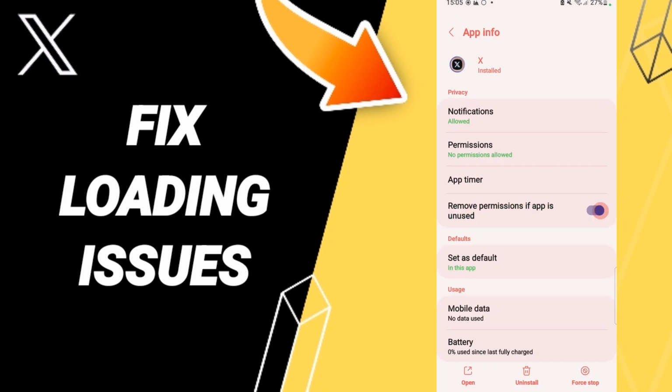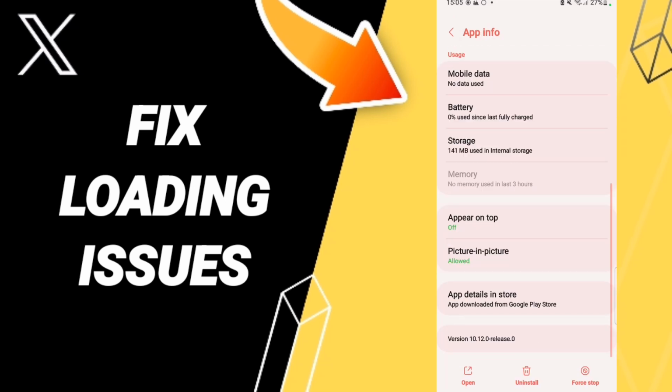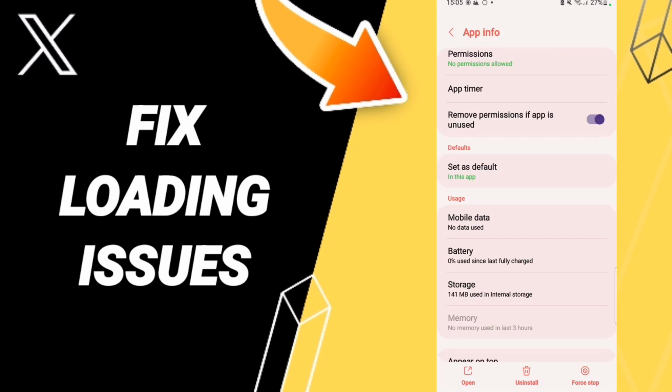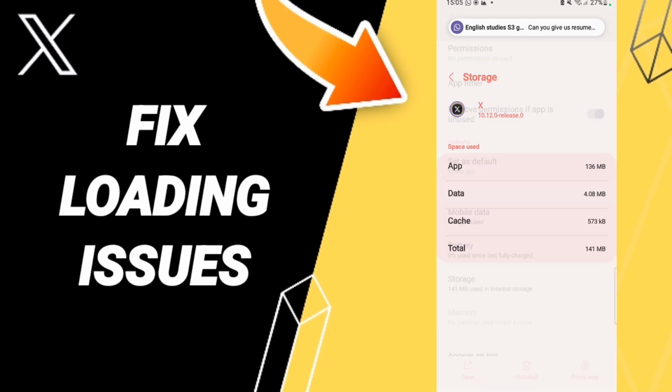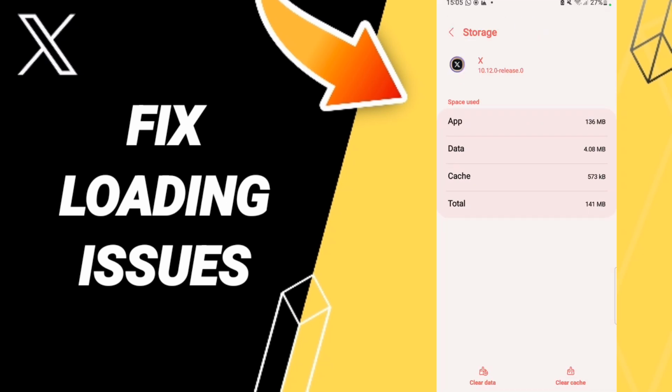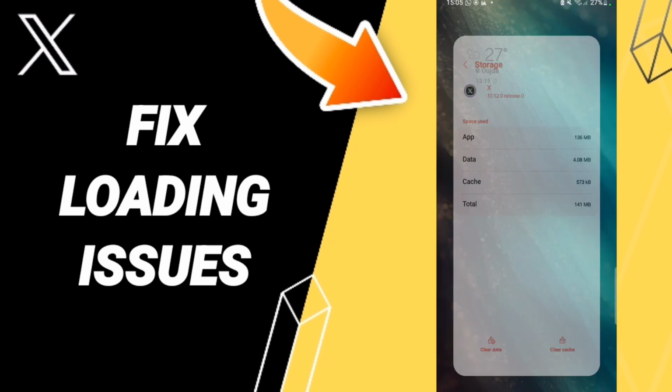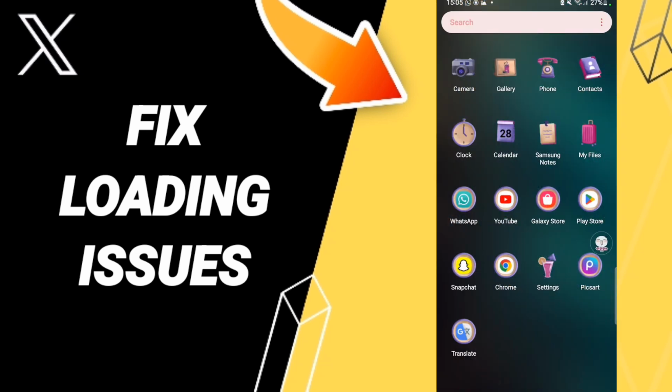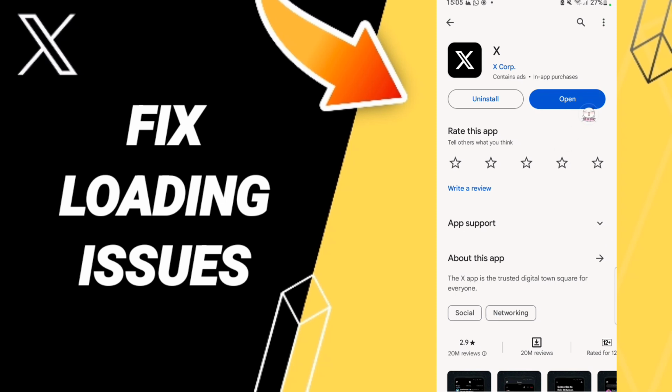Then in this list you'll enter to first stop and you will click OK. After that you will enter to storage. Here in this page of storage, as you see, we click clear cache, and in the end you can go to Play Store. If you find the blue sign update, then you can click to update your